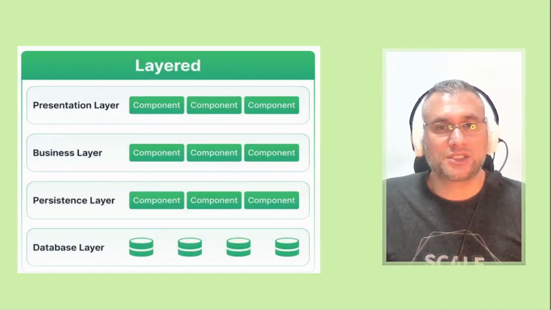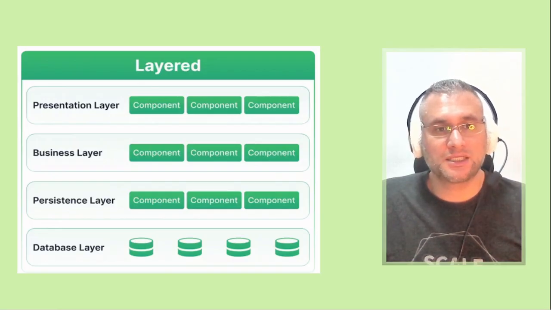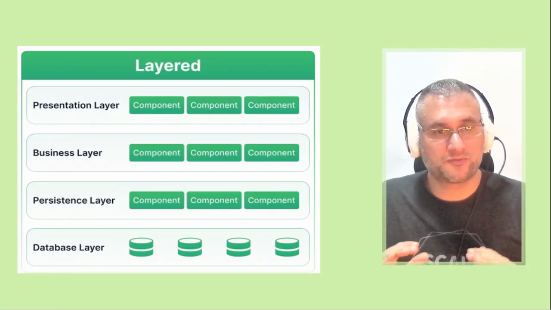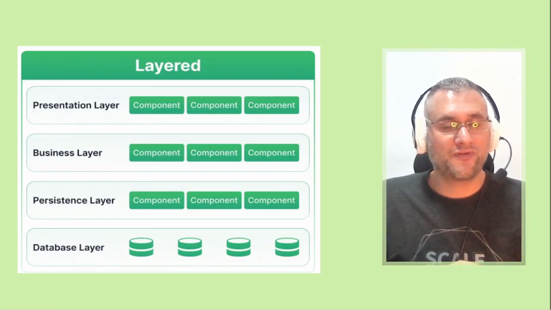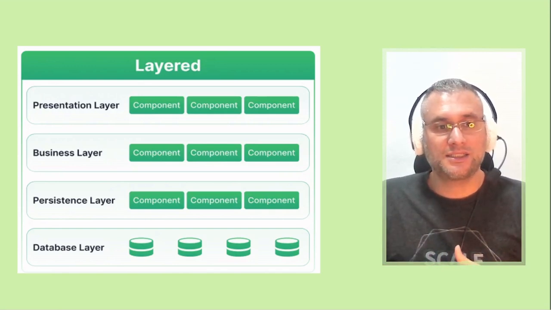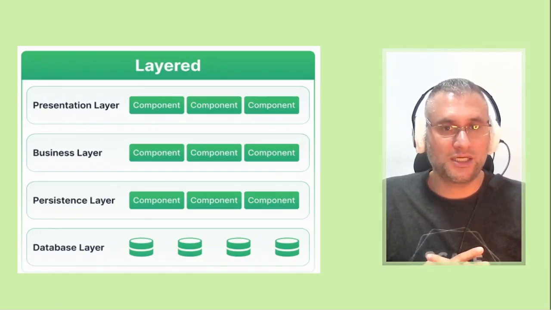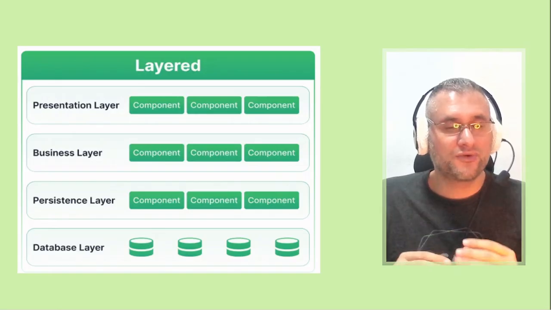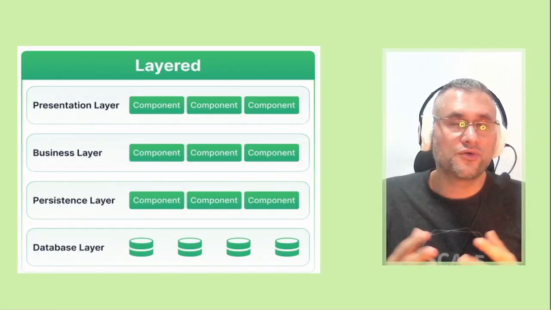The layered architecture pattern aims for more organized layers in the software. In this architecture pattern, you have the presentation layer in the first place. Second, you have the business layer. Third, you have the persistence layer, and then the database layer. You can have more than these layers in your system, but if you have an excessive number of layers, you end up with a